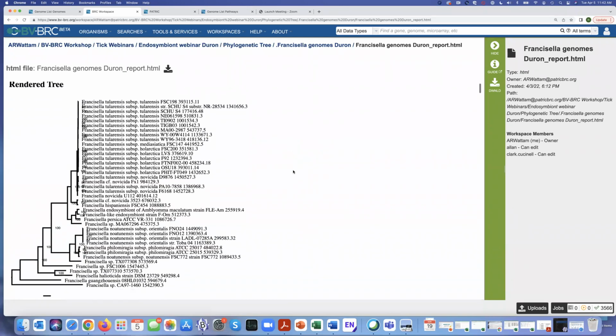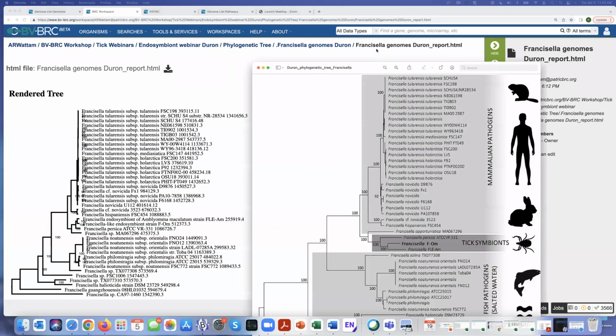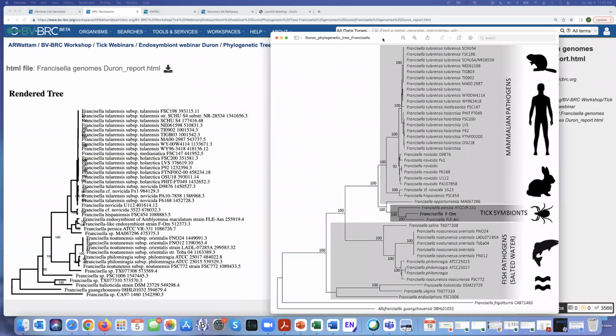And here's the tree. Now I'm going to pull this guy over. This is Duran et al.'s tree, and I'm hoping you're going to be able to see both of that. Tularensis, Media statica, Holoarctica, Novacida,